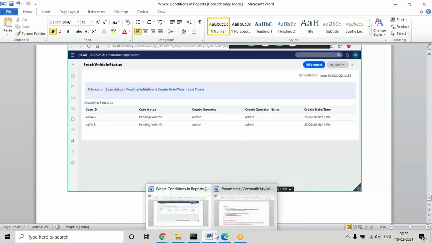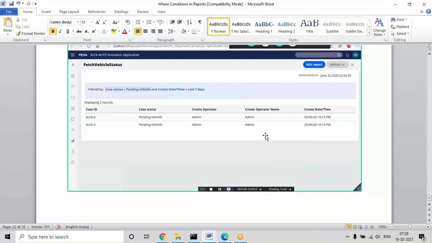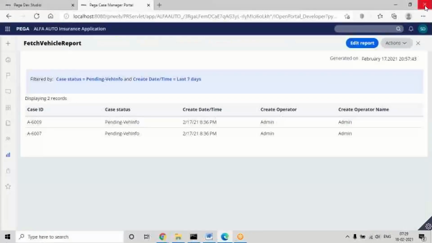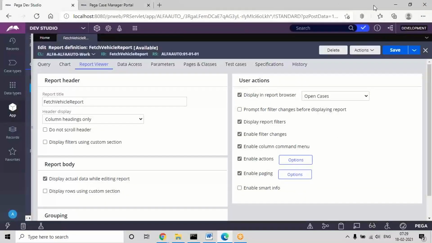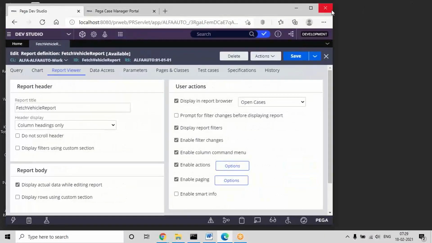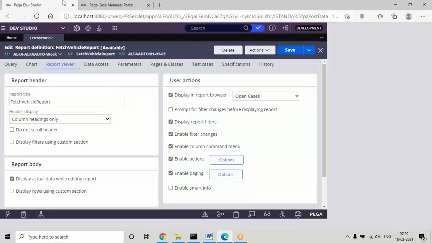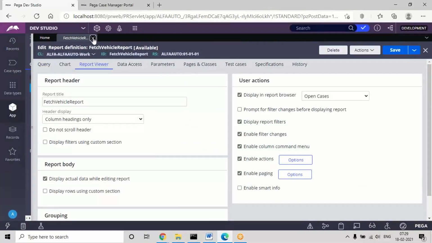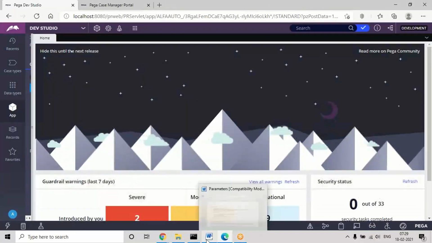The conditions I define using the report, we can also add using the activity Obj-Browse. So that is about the report definition. Sometimes if a requirement is there, you can apply the filter conditions using the report definition. Now the next one is I want to discuss a concept called parameters.